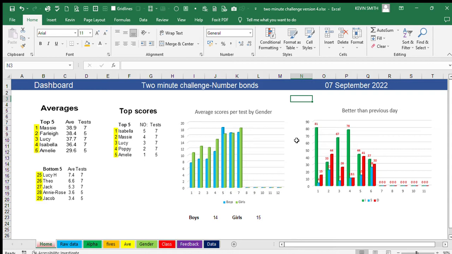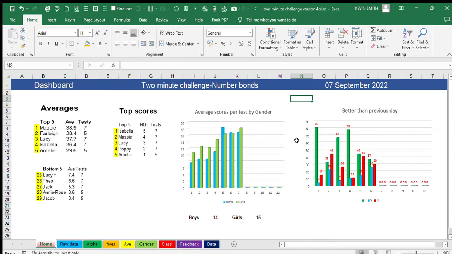This is the dashboard sheet, which has got averages, top 5, bottom 5, and the top scores. So whoever scored the top scores the most times, and the top score was 42 for this one. Two graphs, one showing the average scores per test by gender, and I've also factored in how many boys and girls were in for each week,